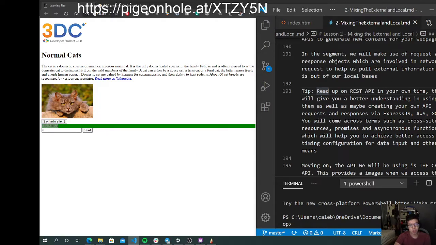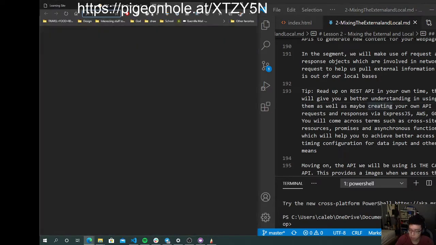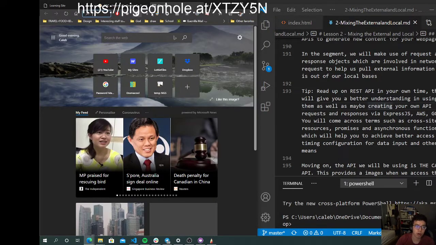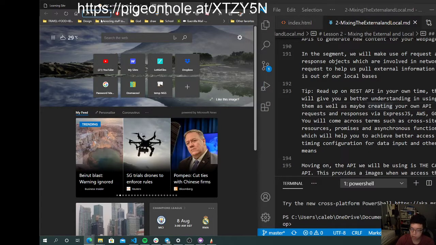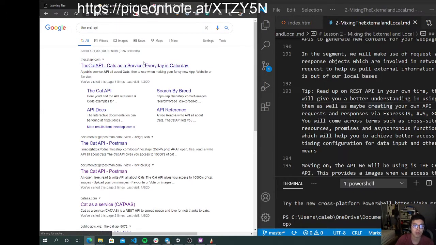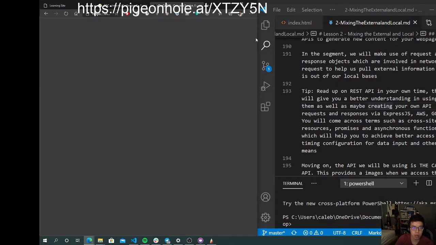In your own time if possible. It will give you a greater understanding of how to access and use them, but most importantly, it will give you a way to learn how to create them. This helps you understand how to write requests and responses, and things like requests you can actually learn. Any website, like the cat API for example, actually uses a RESTful API